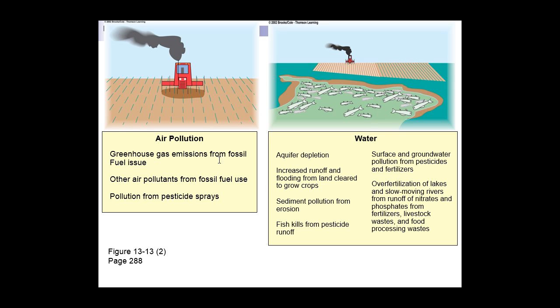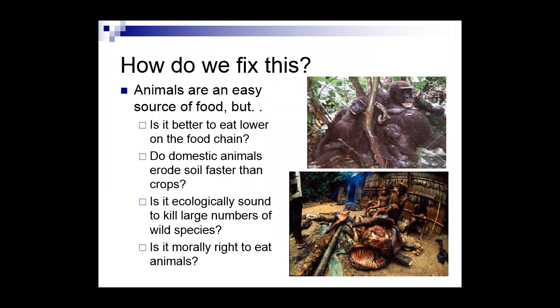All right, so those are your four major problems. You've got biodiversity problems, soil problems, air pollution problems, and water pollution problems, all from just agriculture because of the way we do it. So how do we fix it? How do we fix our current agricultural problem? Well, let's think about it. How can we keep the soil from eroding? How can we keep nutrients in the soil? How can we keep these things out of the water? Think about all these things.